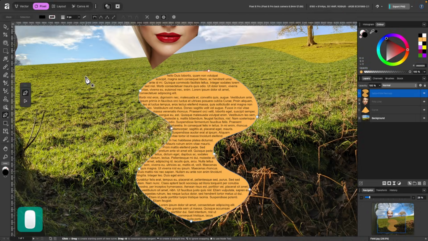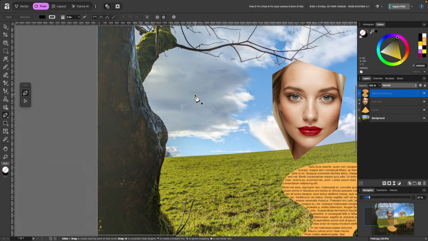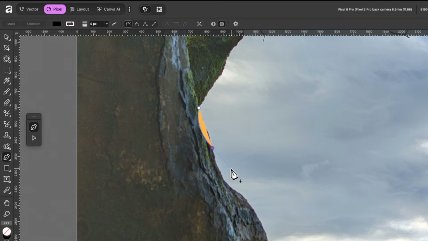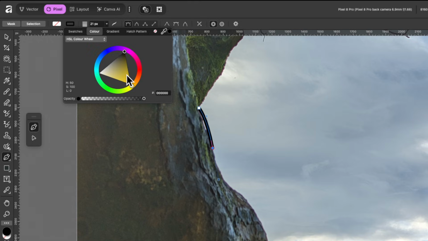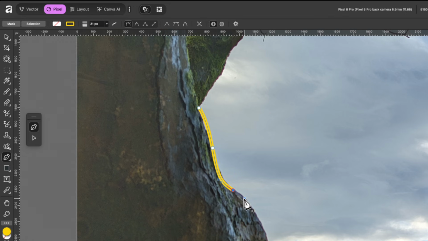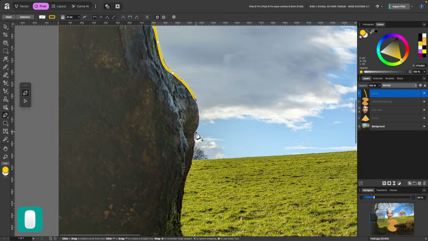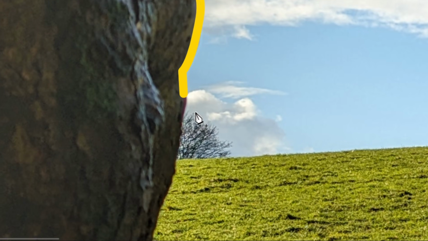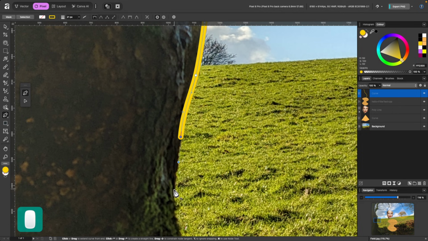Let's switch to the pen tool again. Now we can add an outline to the tree using the pen tool. So I can just click and drag, just like I showed you. Right now, only the fill is showing. So I can simply go up here, uncheck the fill, check the stroke, and it's black right now. I don't want that. I can head on over here and change the color to some kind of yellow color there. And from here, I could just click and drag using all the skills I showed you earlier on. Maybe I just tap once there to have a sharp node and just keep going all the way down. So yeah, you get it.